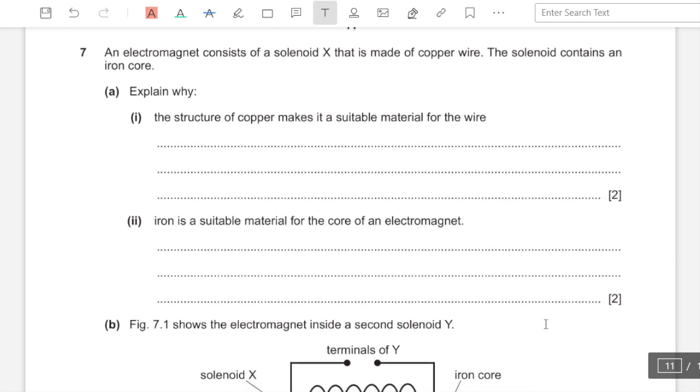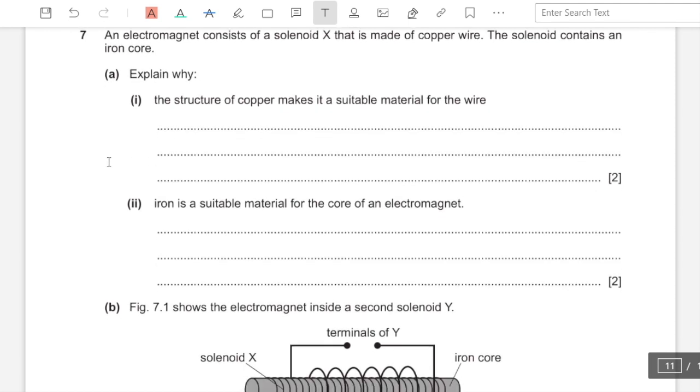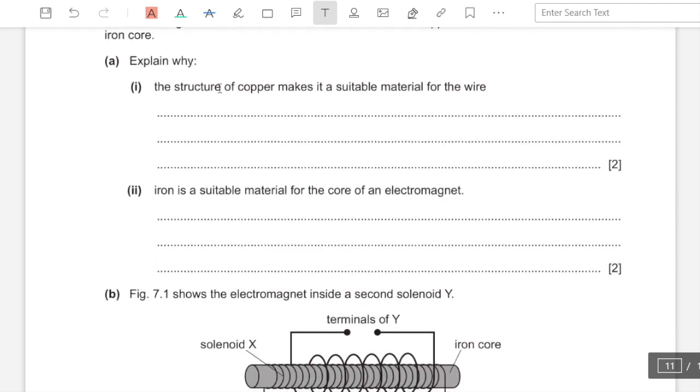Question number 7. An electromagnet consists of a solenoid X that is made of copper wire. The solenoid contains an iron core. A. Explain why the structure of copper makes it a suitable material for the wire. So we're supposed to be mentioning 2 points for the 2 marks. First, the reason is that it is a good conductor. And then the reason